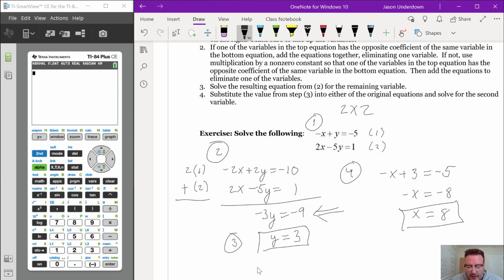The thing I want to point out here as well is that this method of elimination is probably the most important method for solving systems of linear equations, because it is conducive to scaling up to larger systems. Now you can certainly use the substitution method to solve a 3 by 3 or 4 by 4 system, and even larger systems, but